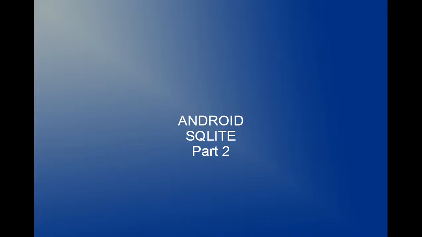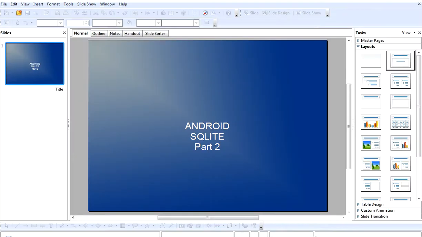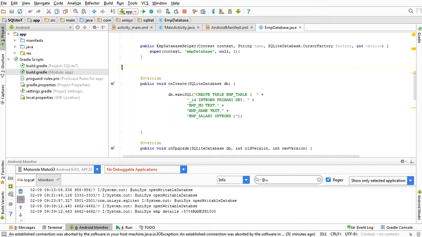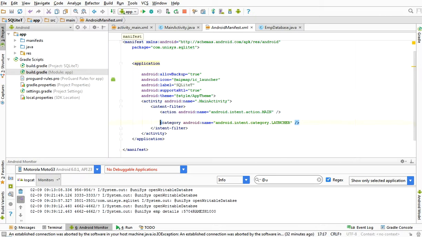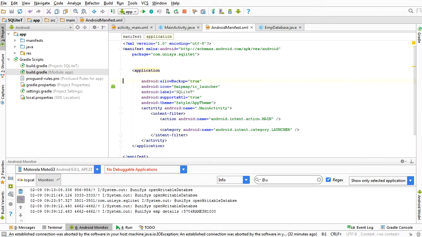Welcome to Android tutorial. Today we are discussing SQLite, and previously I stopped at when the database will be created. Now we are going to discuss this and look at this Android manifest file. What are the components defined in the manifest file? It will be instantiated while launching the